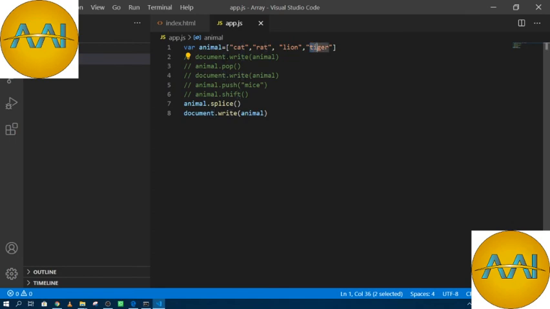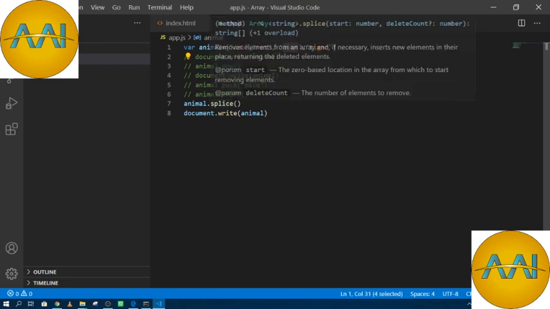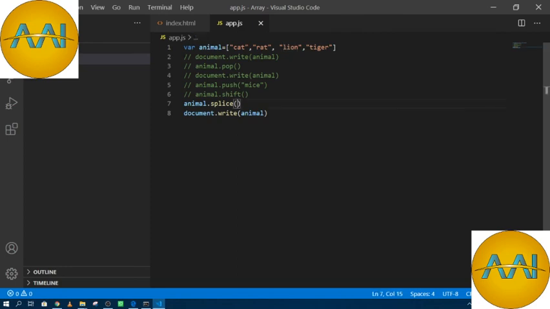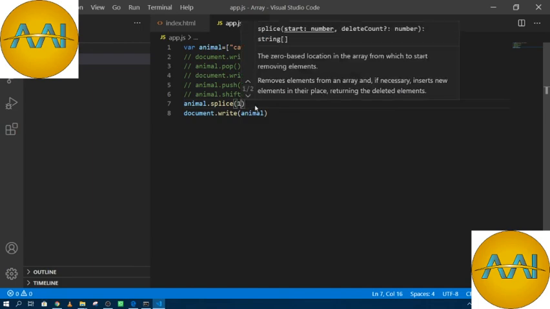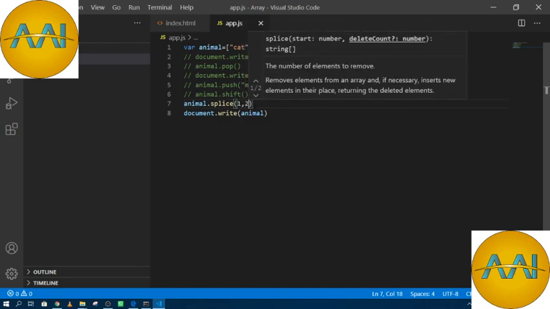If I want to remove two elements from my array, like rat and lion, I write over here 1. Why 1? Because my rat's index number is 1 and lion's index number is 2, so I write 1 comma 2.